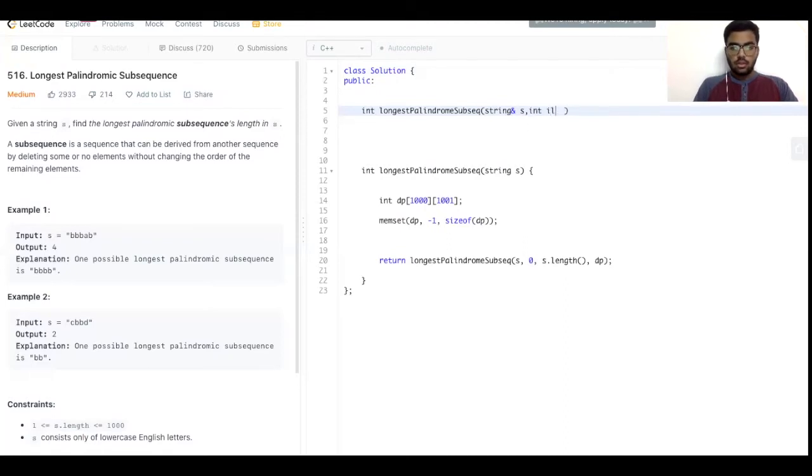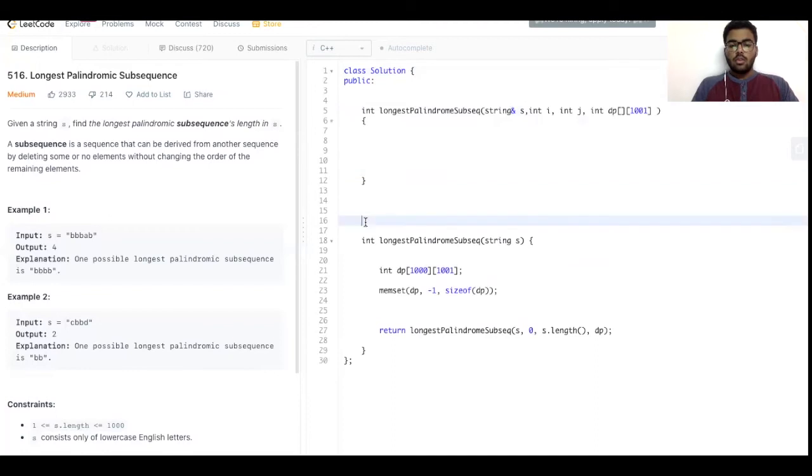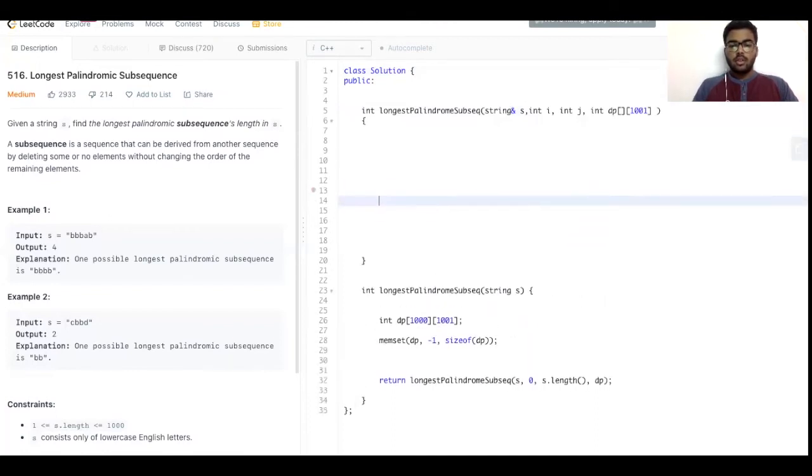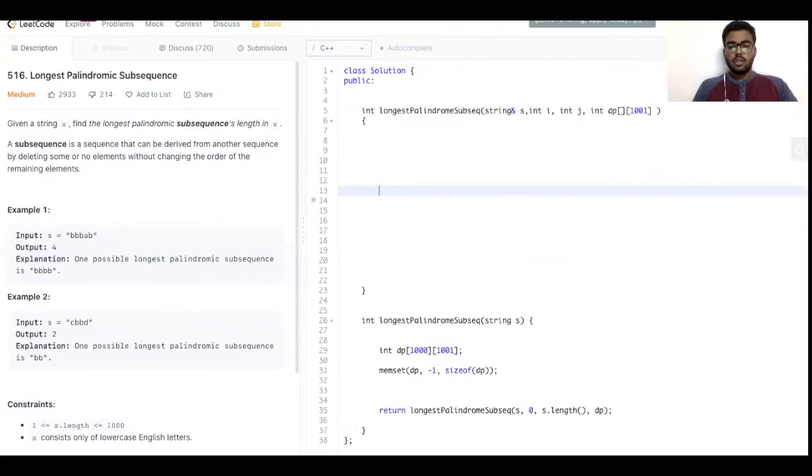So int i, int j, int dp. Now the base condition that would be here, we'll talk about that a bit later after the sum is done. But first, let us solve the problem.